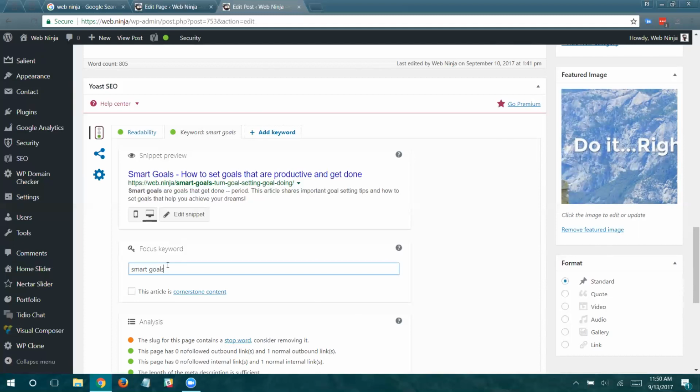So I take my topic, I go to the keyword search tool and do some research on the keyword or phrase that would work the best with this. And what I found was that SMART goals was a really good term to write about that pertained to my topic. So I actually kind of shifted the direction and the text of my entire article.